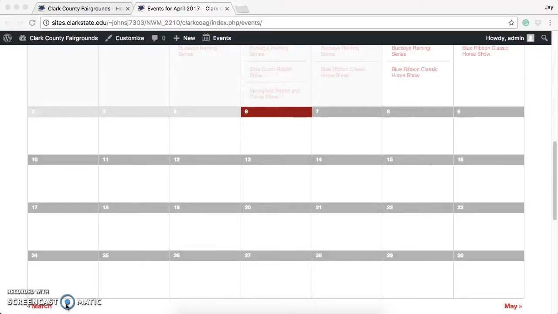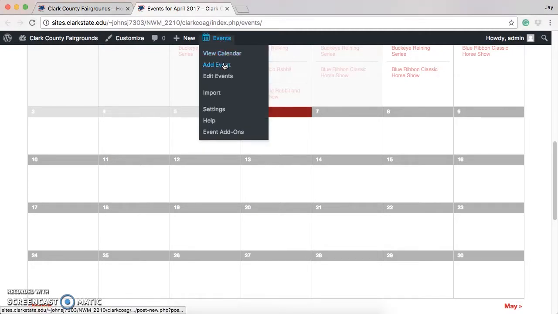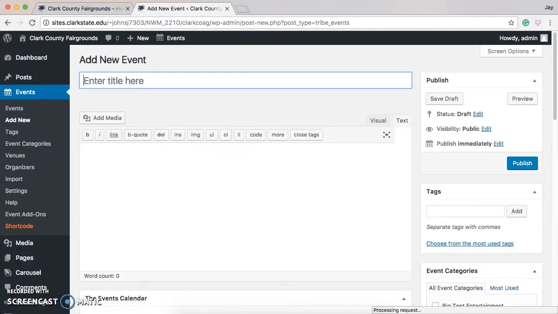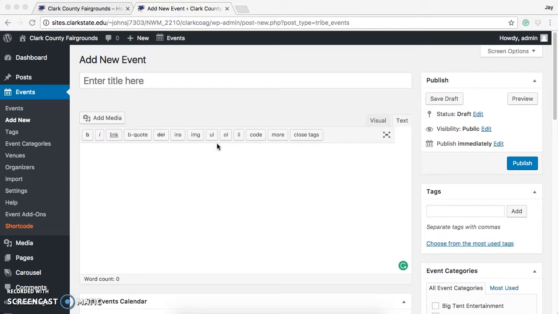So in this tutorial, we will be going over how to create an event in the calendar plugin. First, we will hover over events and then add event. Then take us to a new calendar event where we can now title the event the Springfield